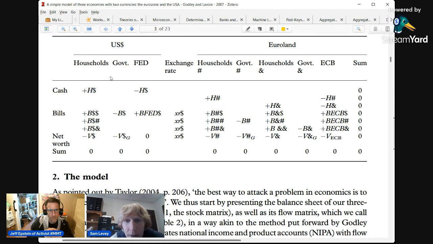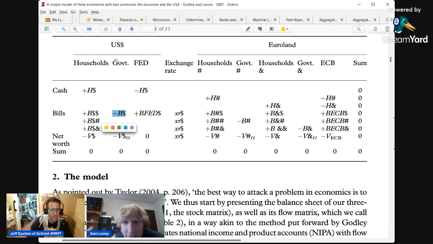Okay, and then these next few rows here are bills, right? B for bills. And because we have 3 countries, we got 3 kinds of bills, right? Yes. So bills from the U.S. to the U.S. government is a liability of those bills, I guess. Yeah. So in each one of these rows, you'll see there's one entry with a minus because an instrument can only be a liability from one person, right? It's like somebody is the one that issued the liability.